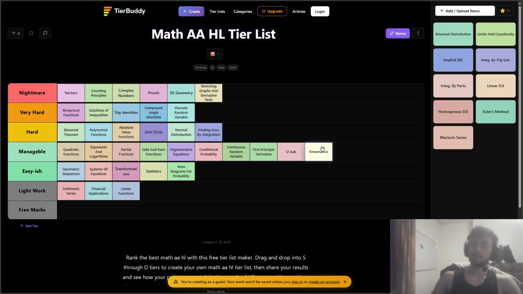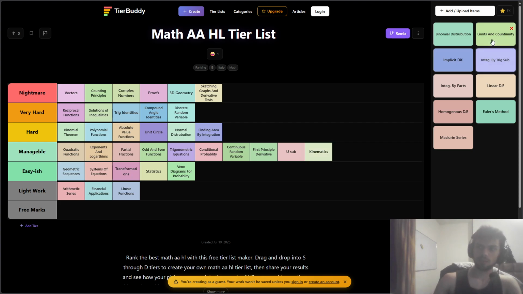Well, no, I'm not going to count kinematics with the differential equations questions. Finding the area by integration is also pretty difficult because you have to do the upper minus lower, but sometimes you have some questions in paper one where they just don't give you the graph, and you have to use logic, common sense and mathematical knowledge to derive which one should be the upper function, and sometimes it's really difficult.